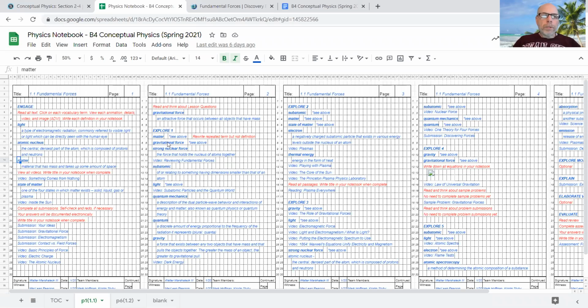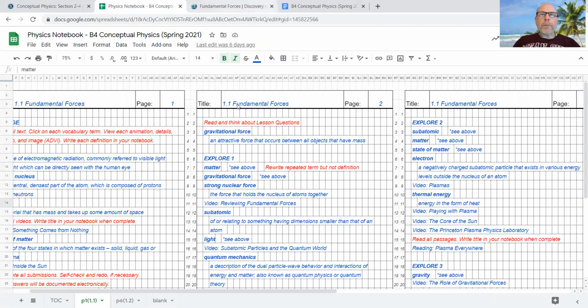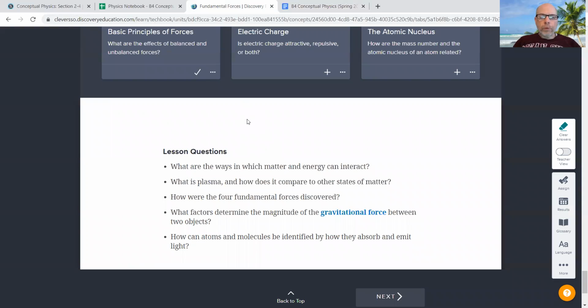Now, you notice in the notebook, well, it continues. In this notebook, there's Explore 1. I don't know how well you can see that. There's Explore 1. Explore 1 is the next day. And you would go through,